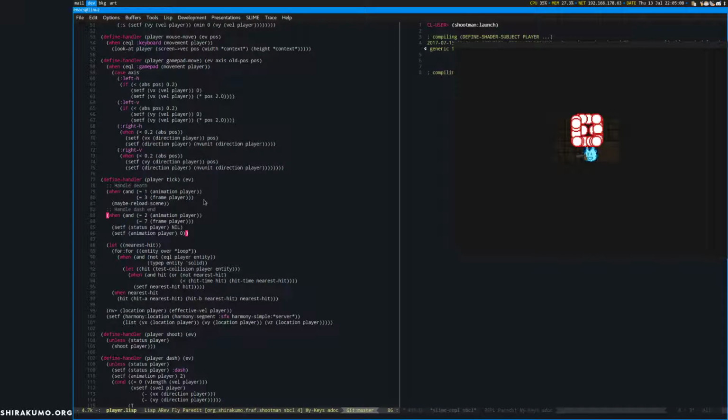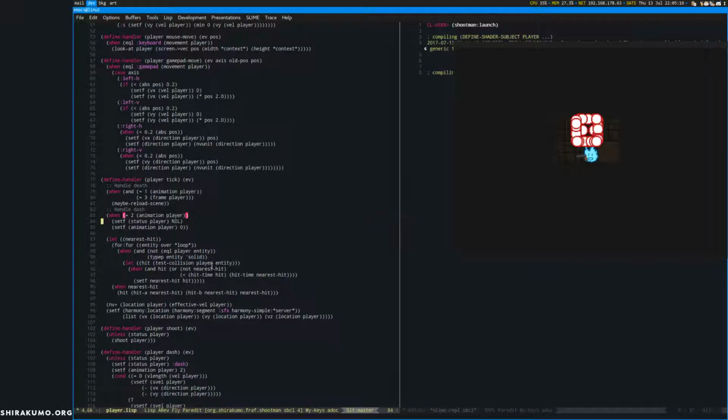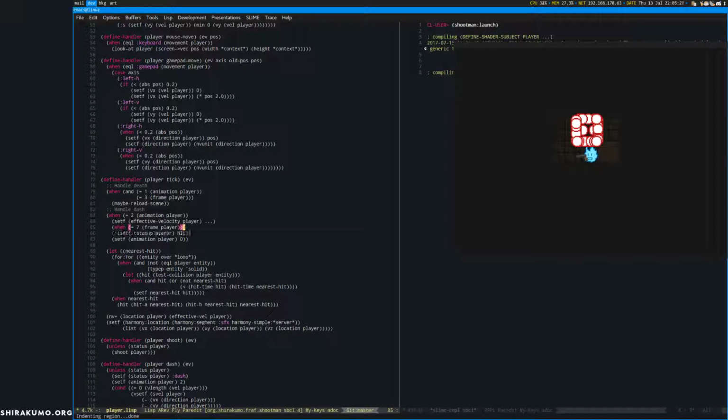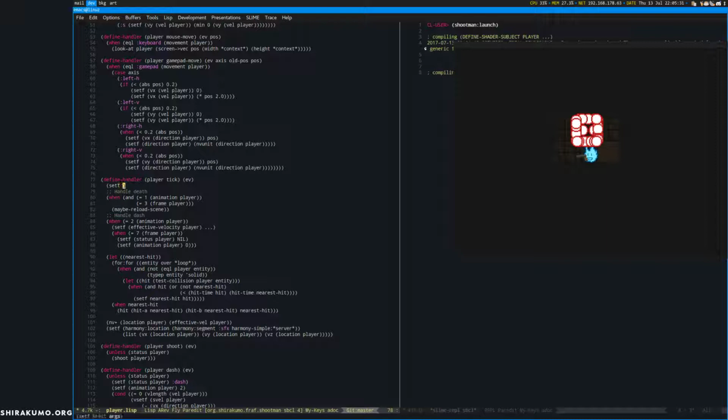And each frame, when the animation is 2, we set the effective velocity to something, and when that's the case, we end it. Set up